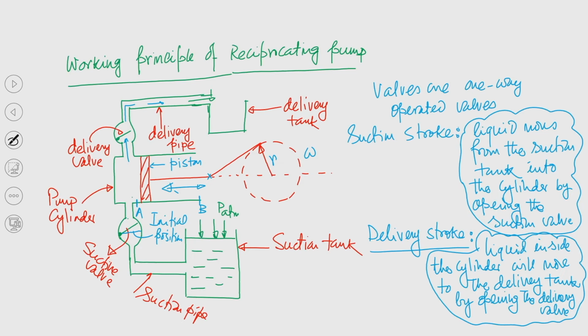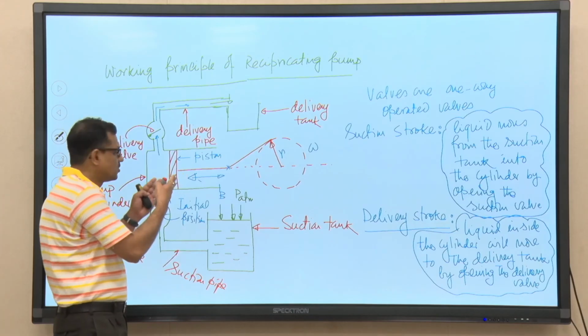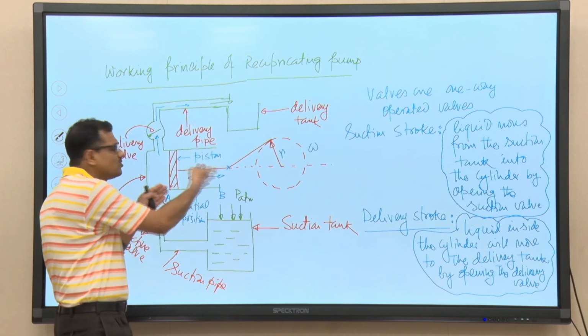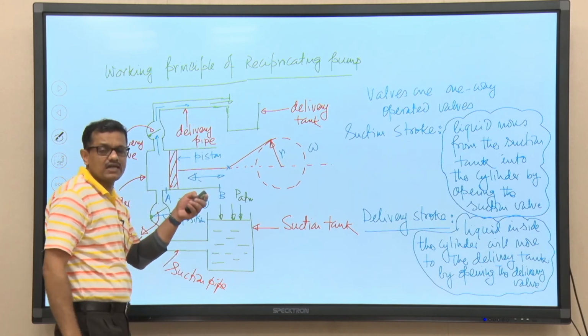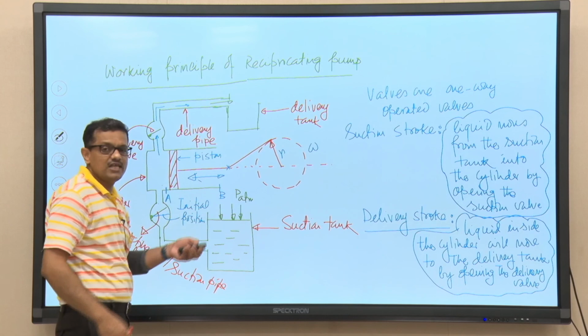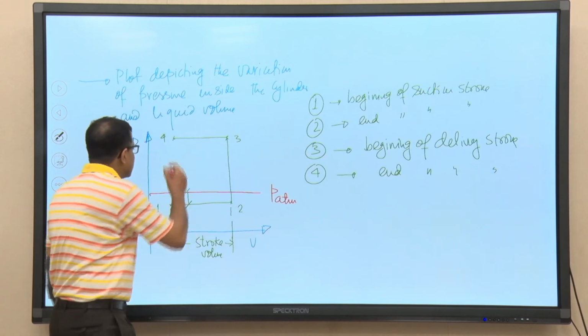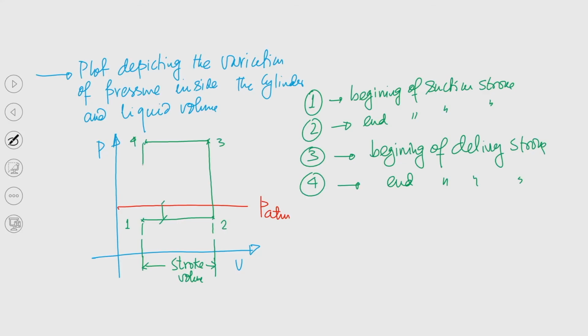And when the piston is again coming to A, the pressure will fall. So, definitely a new stroke will start, that is, a new suction stroke will start. So, if the new suction stroke starts, then again the pressure will come to point A. So, this is the case. So, this is how the entire cycle is getting completed, right.